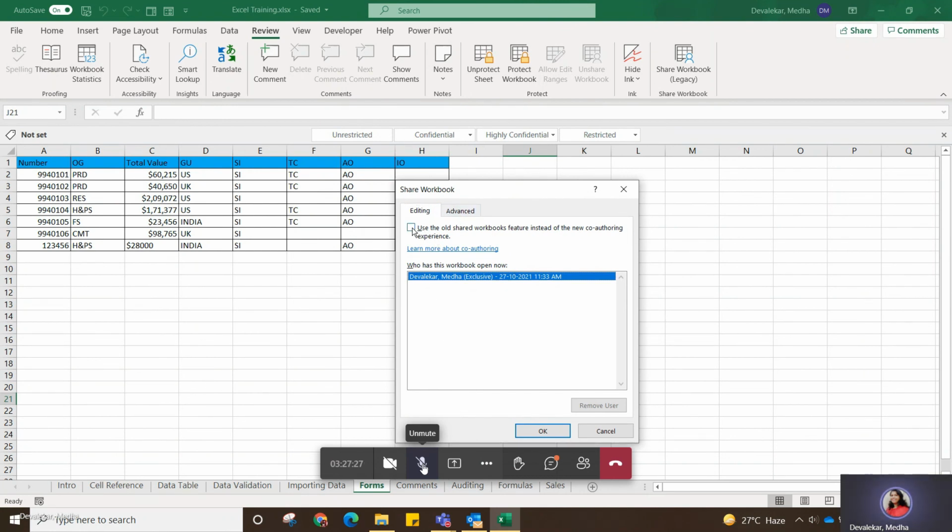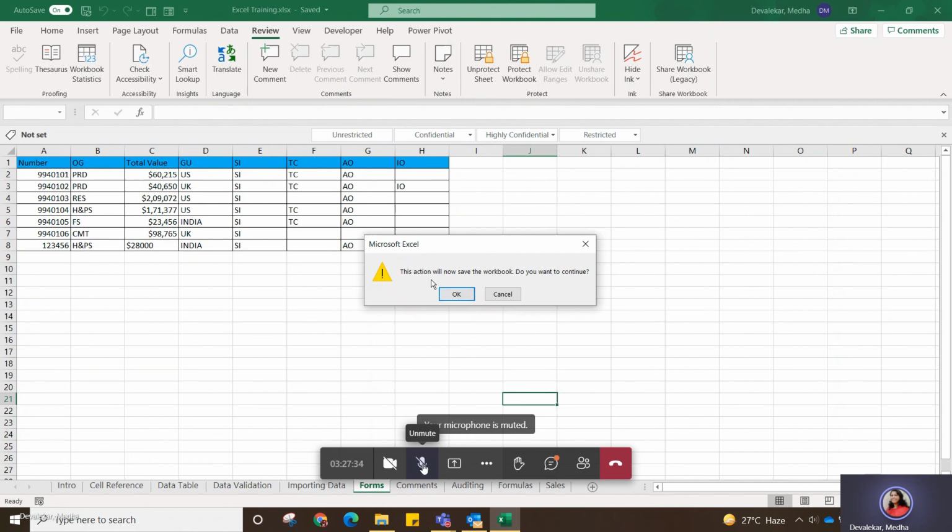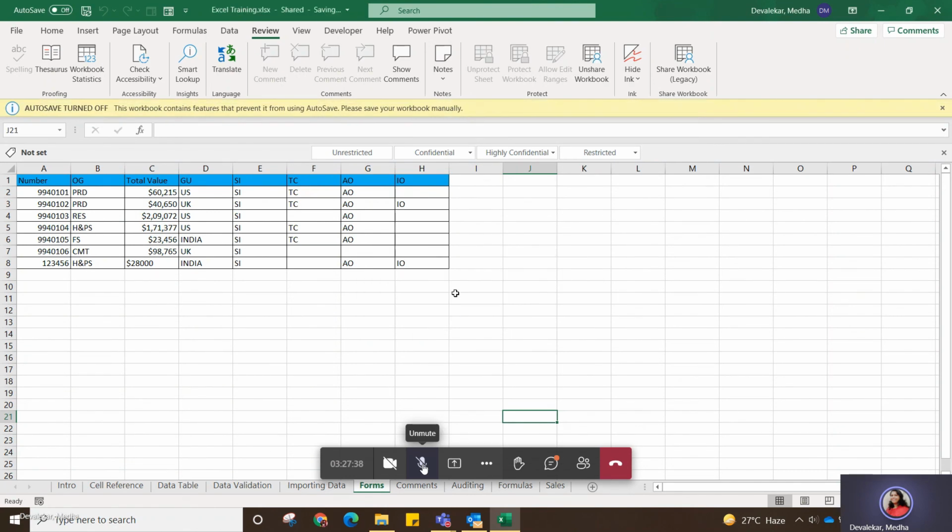Then use the old shared workbook feature instead. Okay, then click OK. This action will not save the workbook. Do you want to continue? Yes. Okay. Now, once you do this step and you save this file and send it to someone else,